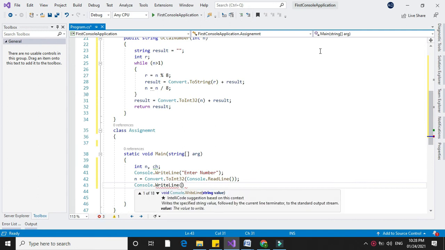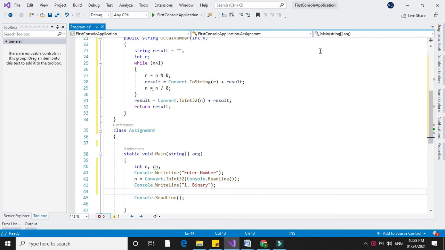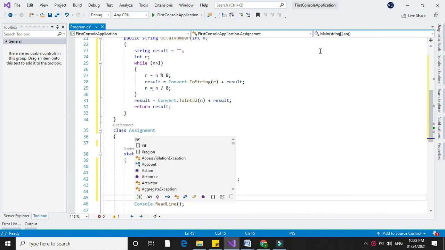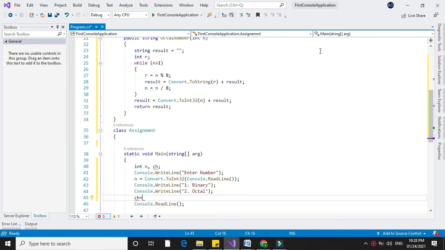Now we will declare the options, it is 1 for binary and 2 for octal, and we will accept the choice in ch.